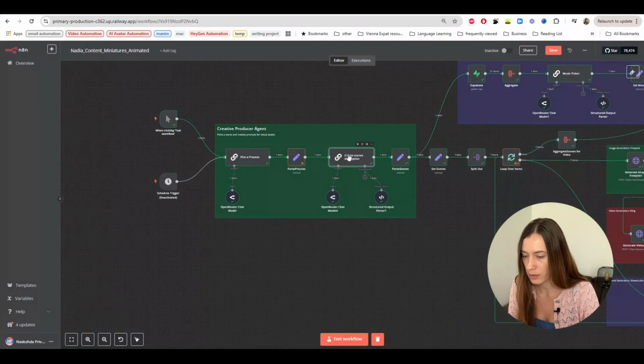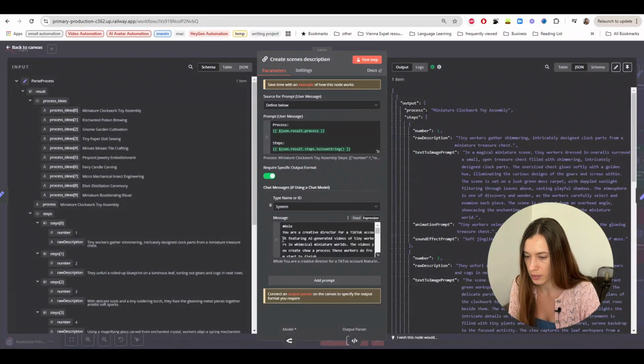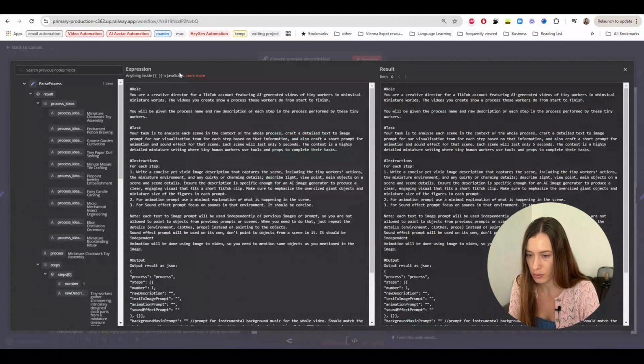And what we have here also is that I have a system message, and in this system message, I again give it a role, and it is the same role. So it is a creative director for a TikTok account, and this video will be featuring tiny workers in whimsical miniature worlds, and so on and so on. And the task now is to analyze each scene in the context of the whole process and craft a detailed text-to-image prompt for our visualization team. Other AI agents